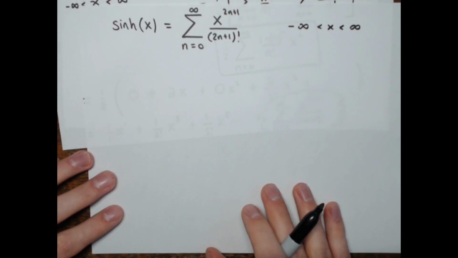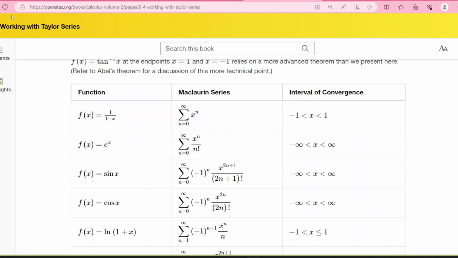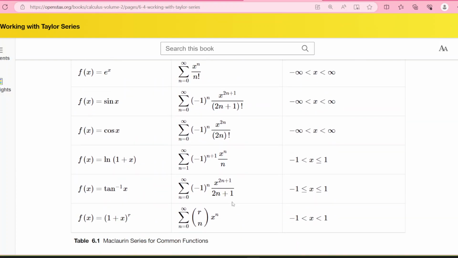Now, I'm not going to do this for all the functions we see. What I'm going to do instead is refer you to section 6.4 of openstax.org, their Calculus Volume 2 text. Go to section 6.4 called Working with Taylor Series, and scroll down enough, and you'll see a little table of common functions and their Maclaurin series. The power series representing them at x equals 0, and also for what values they will converge. Eventually down here, they don't look like they have hyperbolic sine or hyperbolic cosine, but I just wanted to point out that,